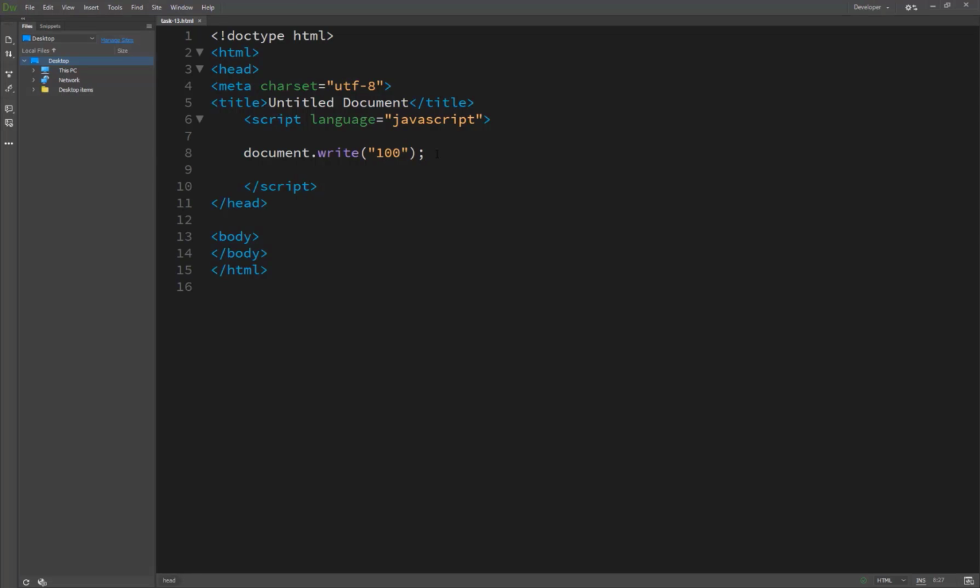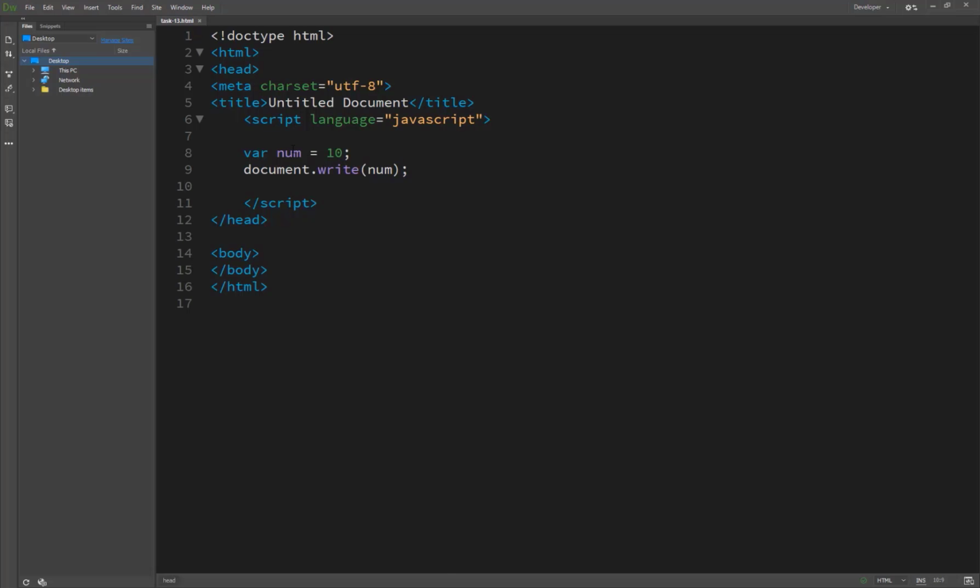So here's the example. Or another, we create var number is equal to 10, and when we print number, you will see the result, 10, printing on our screen. Because we saved the numeric value 10 inside number, and we are printing number. So it must be a numeric variable, otherwise inside quotes it's treated as a string but not a numeric variable.